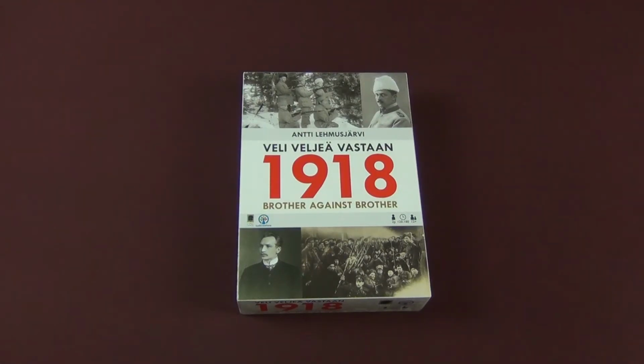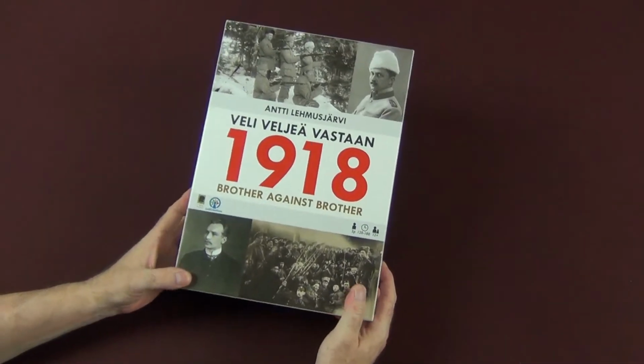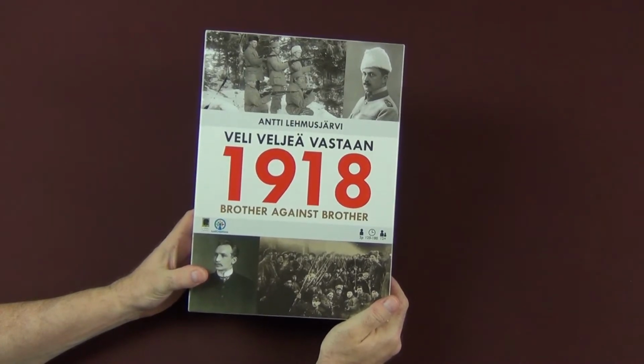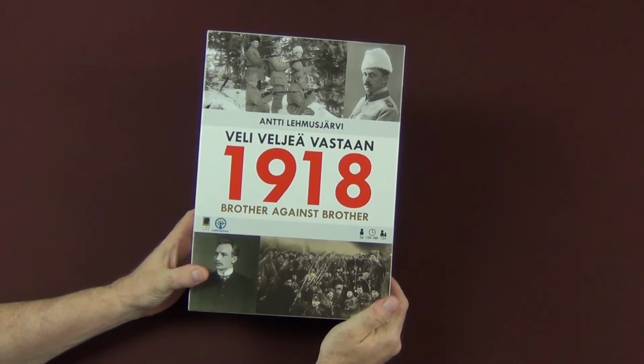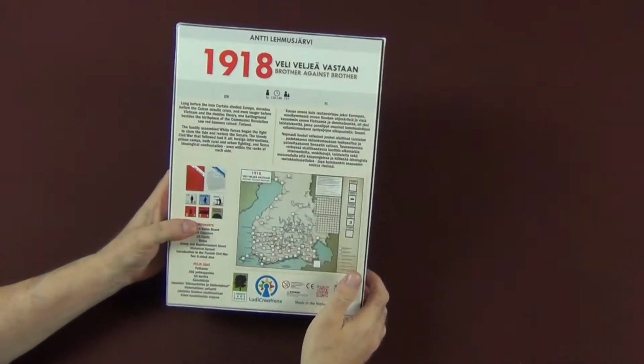Today we're going to take a look at 1918 Brother Against Brother. It's a new game from Linden Lake Games. I just received it from Kickstarter. It is about the Finnish Civil War, and it is designed by Antti Lemusjärvi. I think that's how you pronounce your name, Antti. I'm sure I butchered it, and I apologize if I have, but that is my poor attempt at trying to